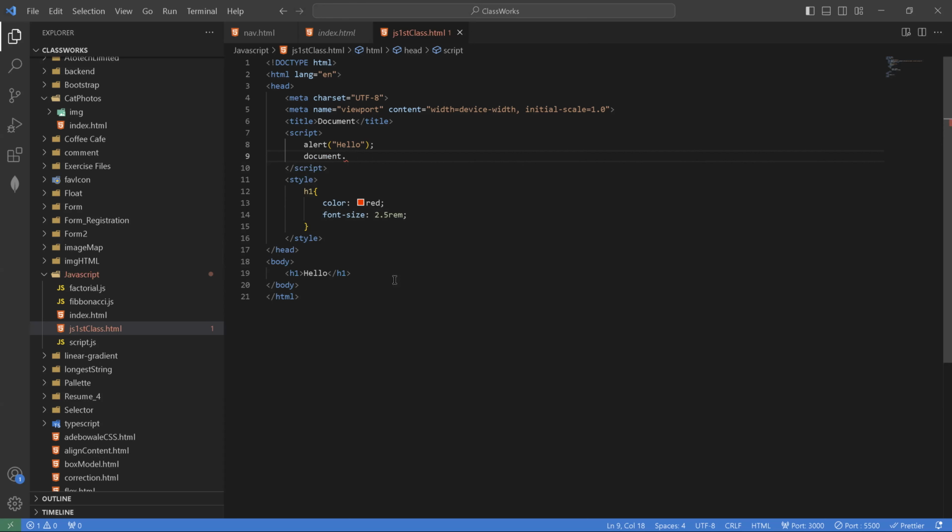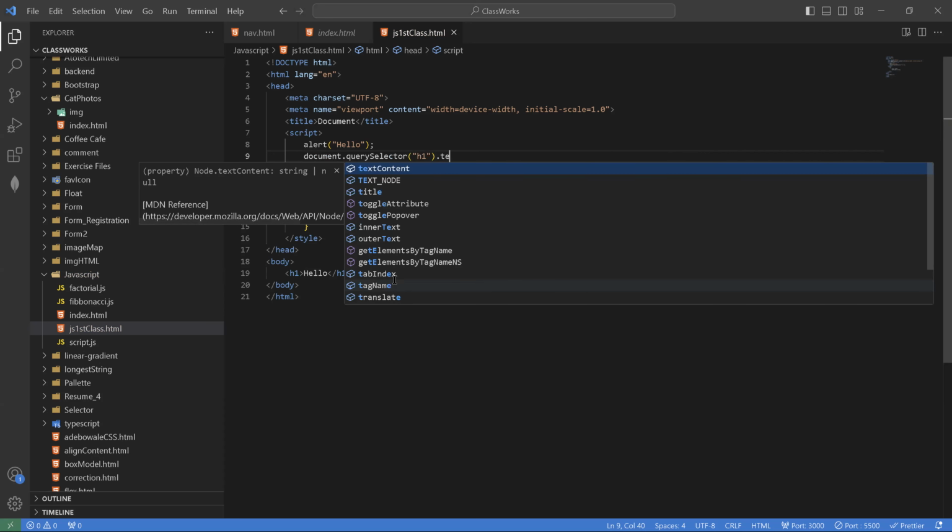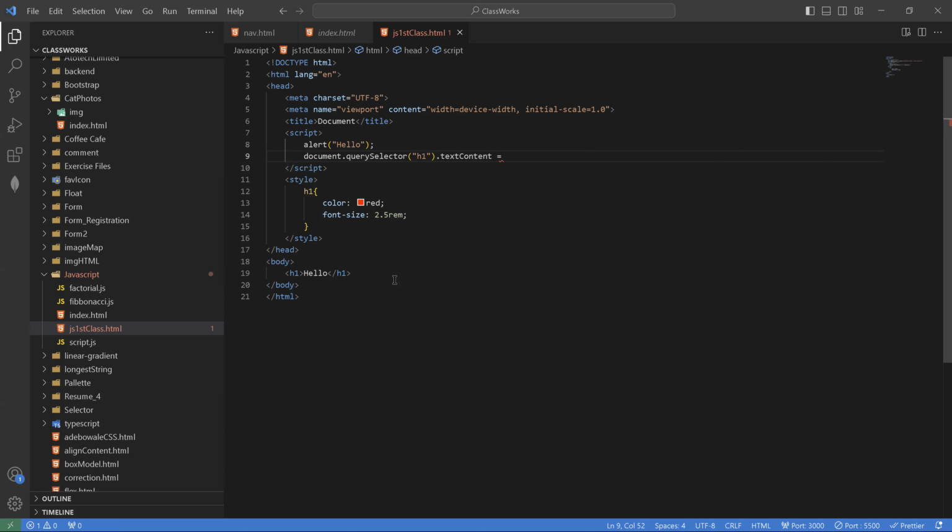Query selector h1 dot text content. If I change it to